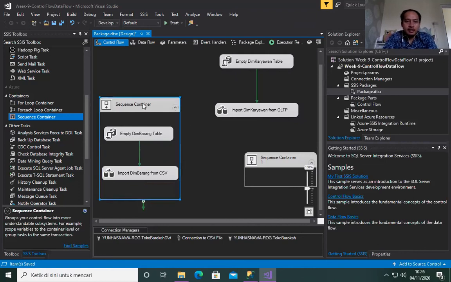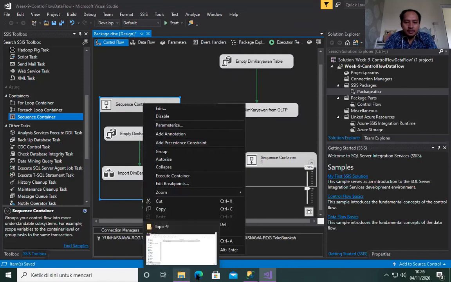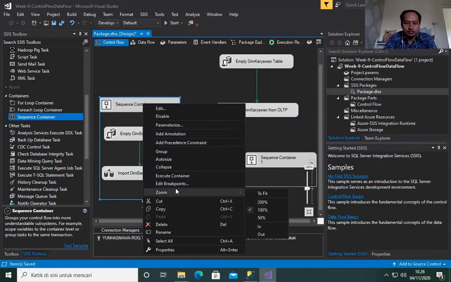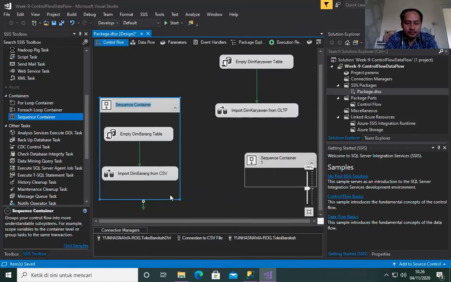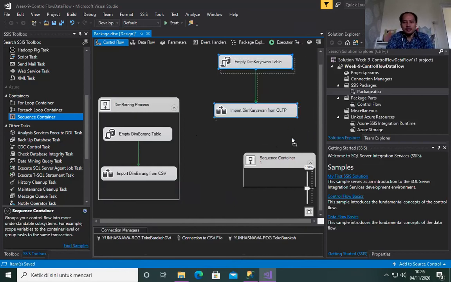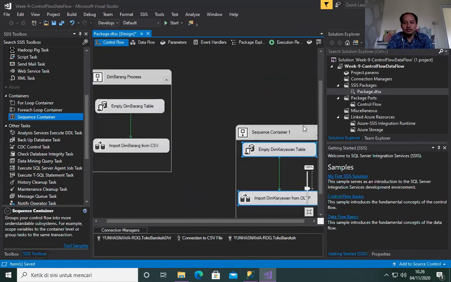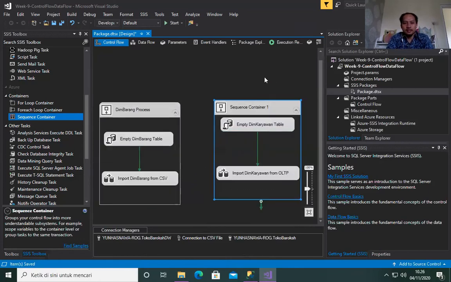We can also rename the container, for example, like this, dim barang process, and then we can also add to the second container and rename it dim karyawan process.